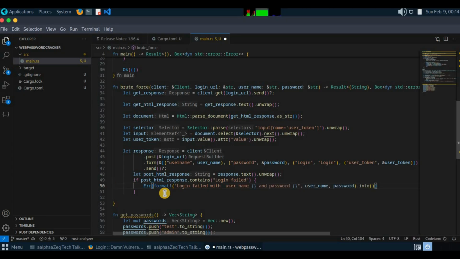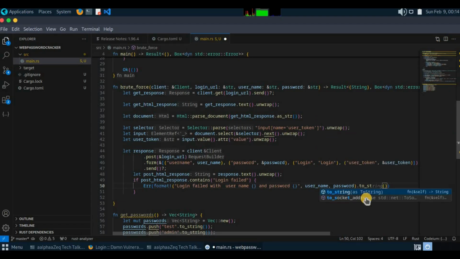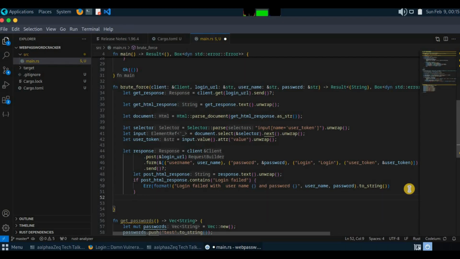Username and password. Oh, this is good. Why can't we use toString? Because we're going to take the ownership from here, so I'm just leaving it as a return statement. So if the response contains login failed, it is going to return an error. So if it's going to be an OK condition,